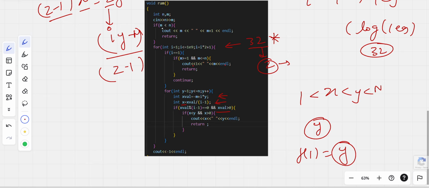And the other base case is f of 0, which is x. So for that we have to return m and m plus 1. You can think about the base case. For other cases, you just have to simplify the function.